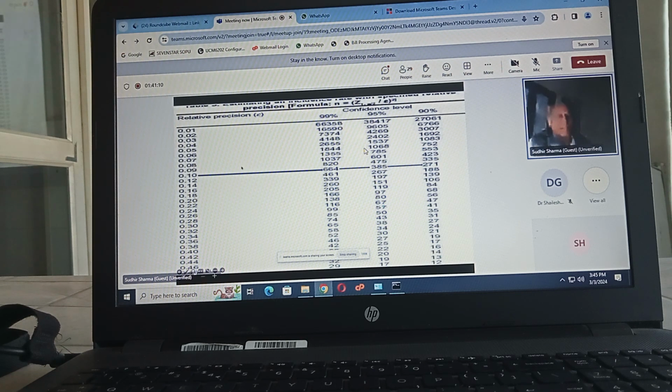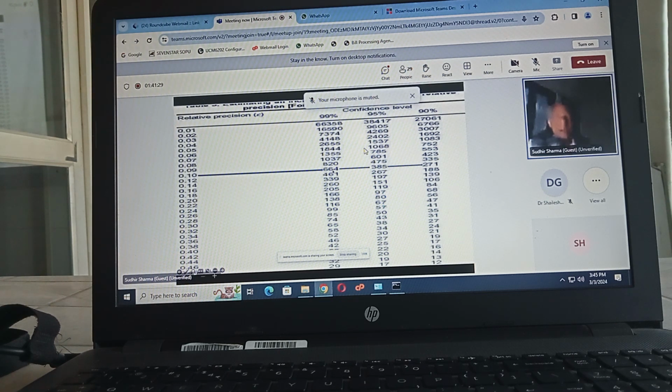Let's take precision level. The sample size required in the read oxygen